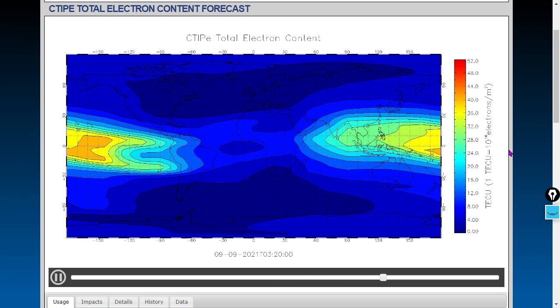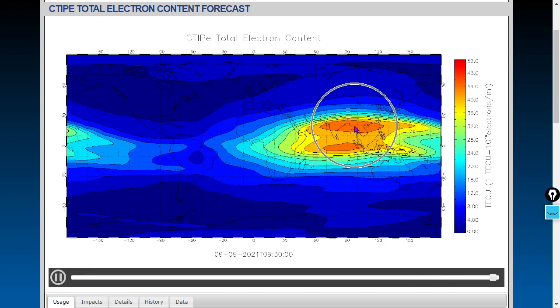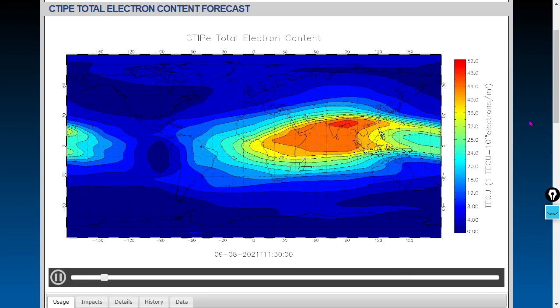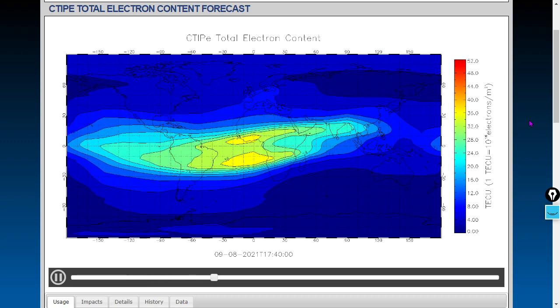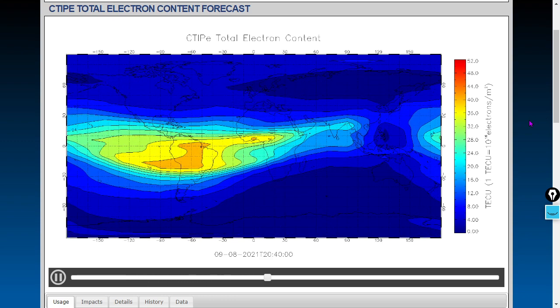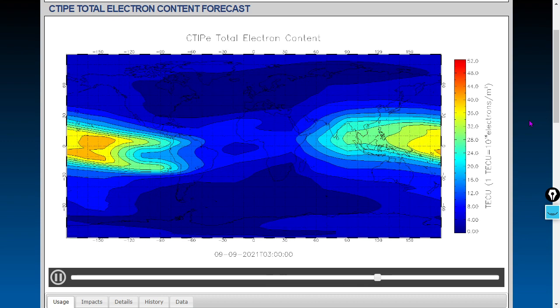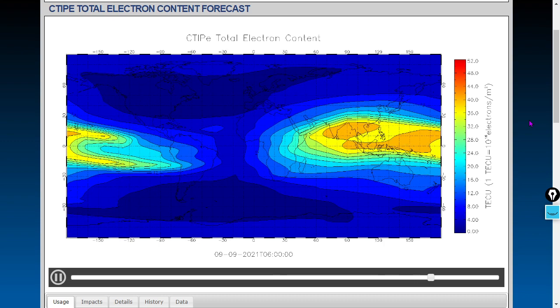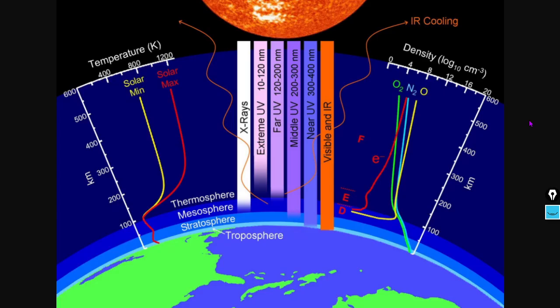right at the beginning. We'll let it play through a second time. You're going to see red blobs in this area. Those are very high levels of electron flux in very specific areas. So this is showing the entire electron density throughout the air column up to your geosynchronous satellite. It's very effective at predicting GPS errors. So a little bit of chaos there. Not high levels of overall electron flux, but high